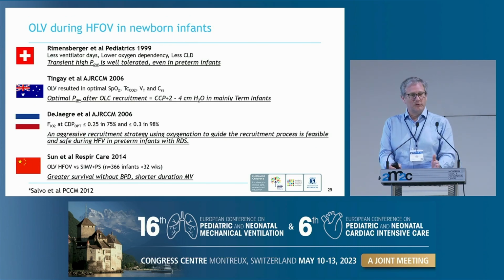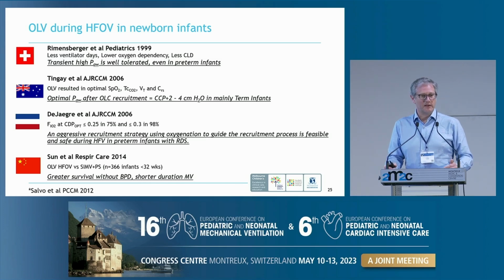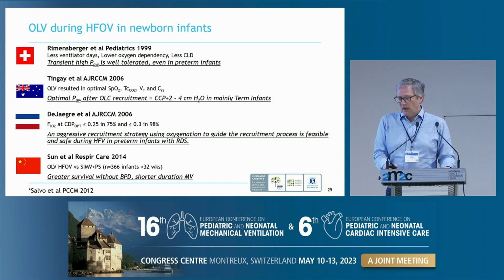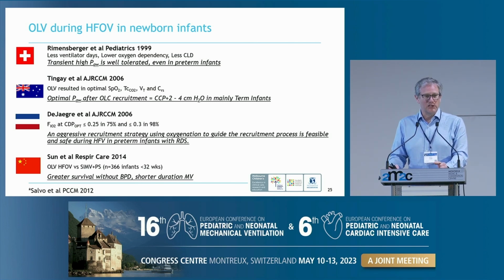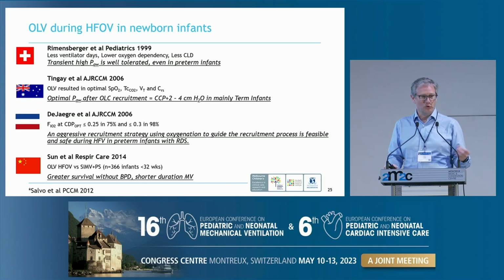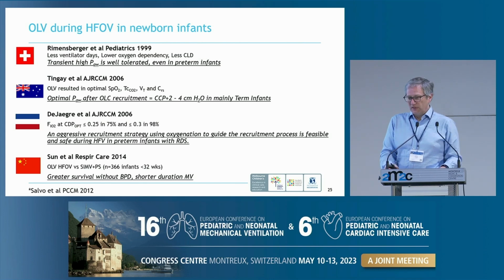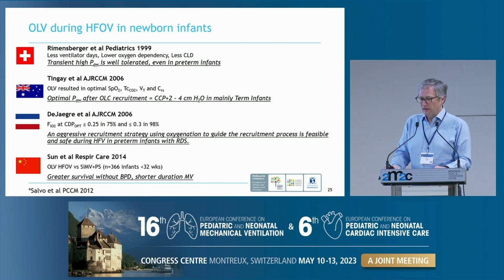So this concept of open lung ventilation has been applied, where you start at a mean airway pressure, and if you're poorly oxygenated, you increase your mean airway pressure in a stepwise fashion until you get an improvement in oxygenation or prove you can't get an improvement in oxygenation, and then you decrease your mean airway pressure to exploit hysteresis to maintain lung recruitment at a lower mean airway pressure with more uniform ventilation and aeration in the lung.